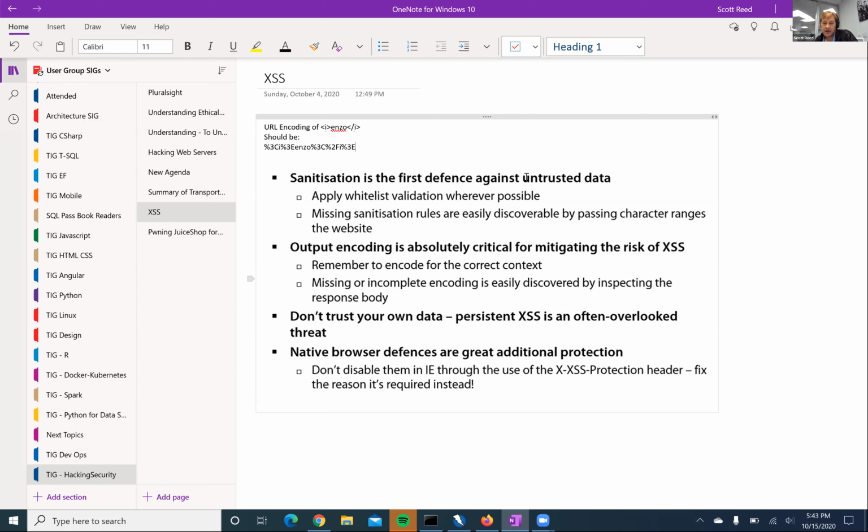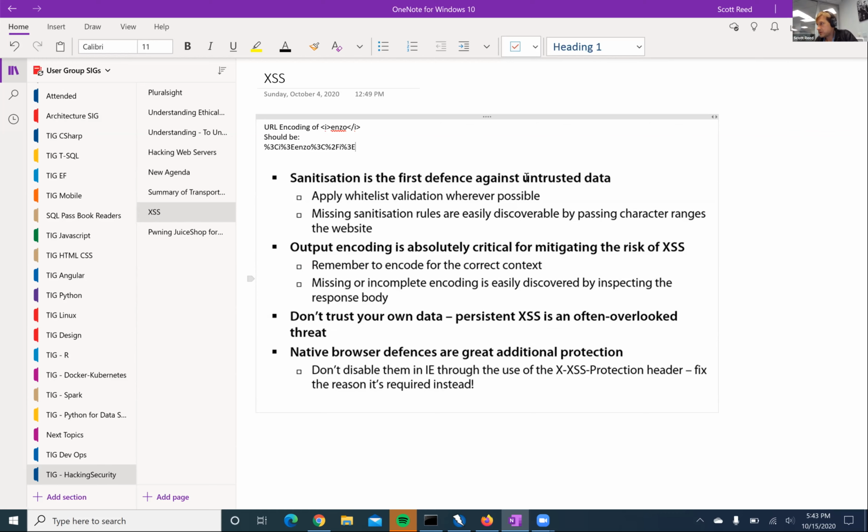And then he talked about how you output encode for mitigating the CSS risk. And remember that you're encoding correctly for the context. Most of the programming languages these days have that sort of built in.